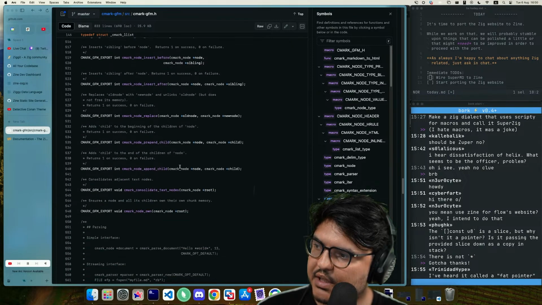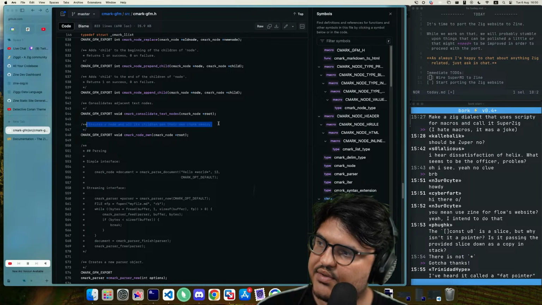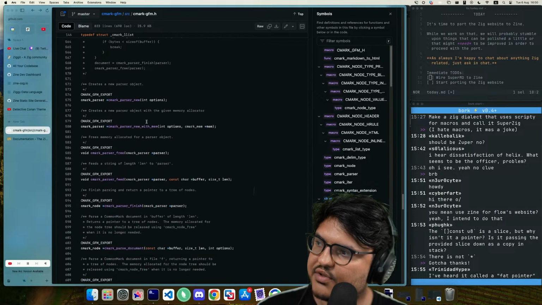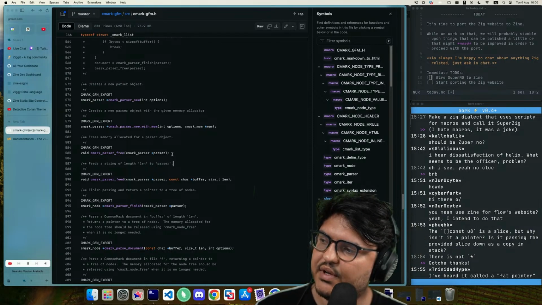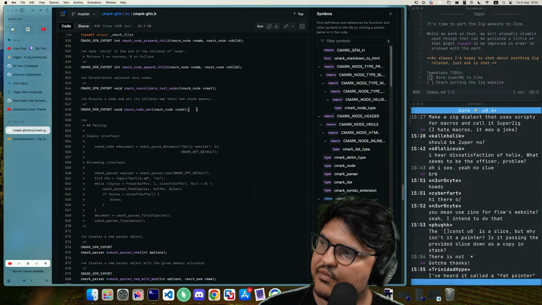Unlink, replace, prepend, append, consolidate. Node own. Ensure the node and all its children own their own chunk memory. This, I'm not sure what it's even supposed to do. Parser new with memory, parser free. Feeds a string of length to parser. Also, does this own give you anything back? No.